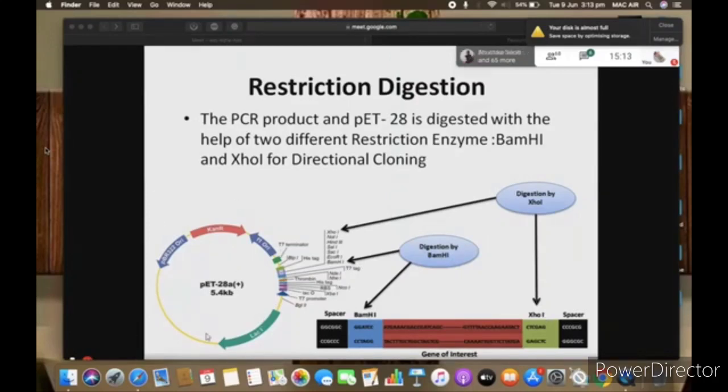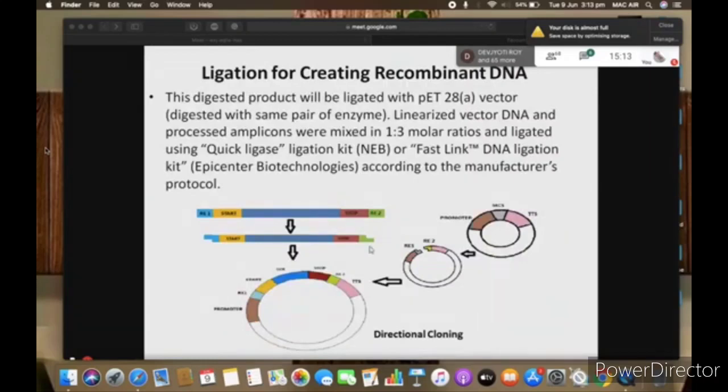You separately digest the vector and separately digest the PCR product, the gene of interest. So you will get the restriction sites in this way, BamHI on this side and XhoI on this side. This is a start codon, this is a stop. Without disturbing the open reading frame, you have successfully created restriction sites at the terminals of your gene of interest. Are you getting it? Now this becomes easy. Now you can clone it.